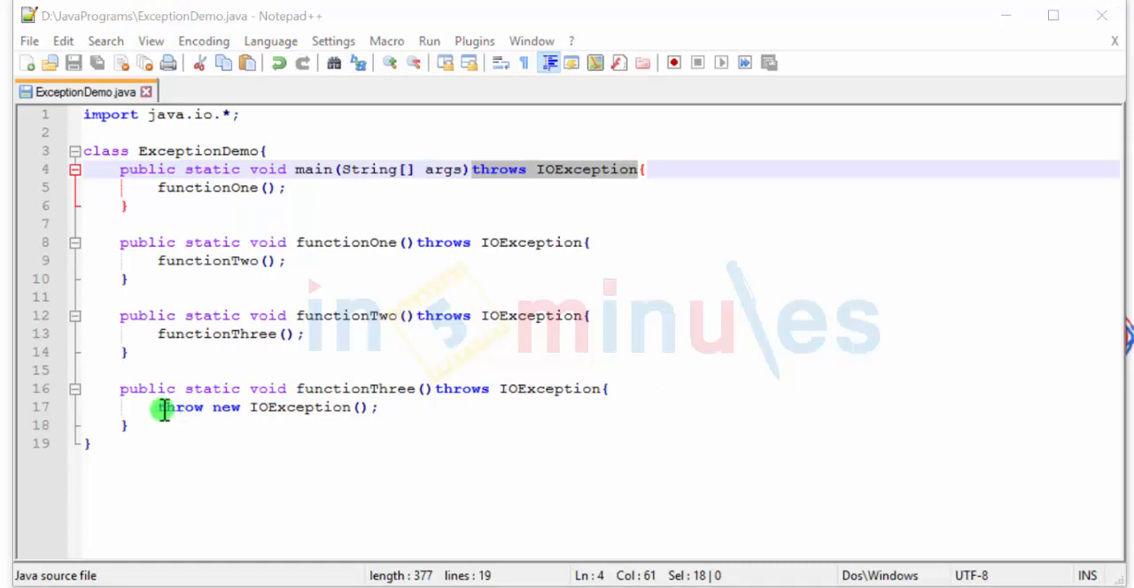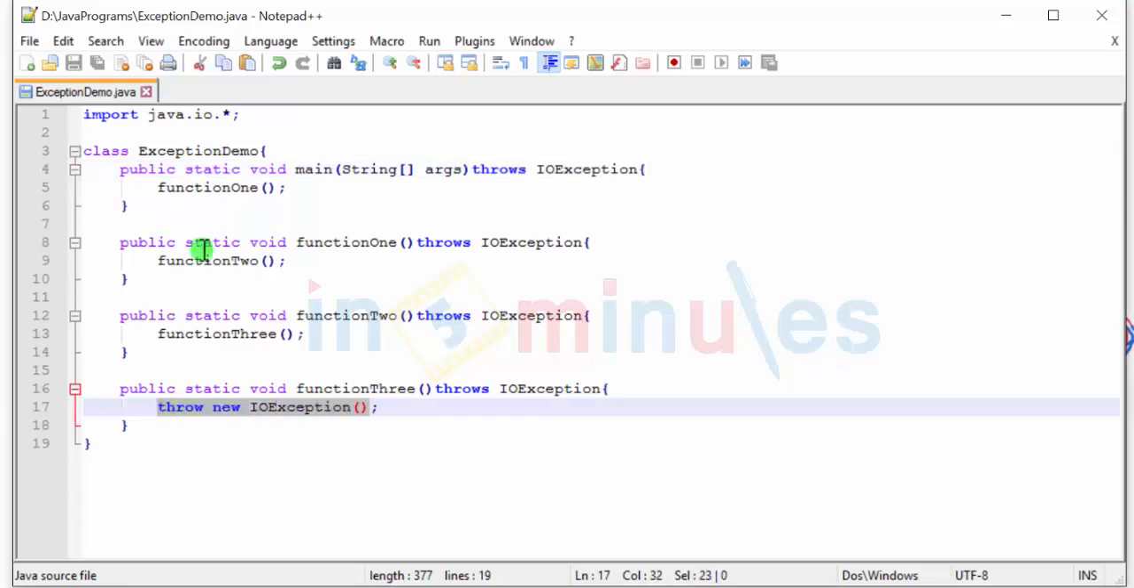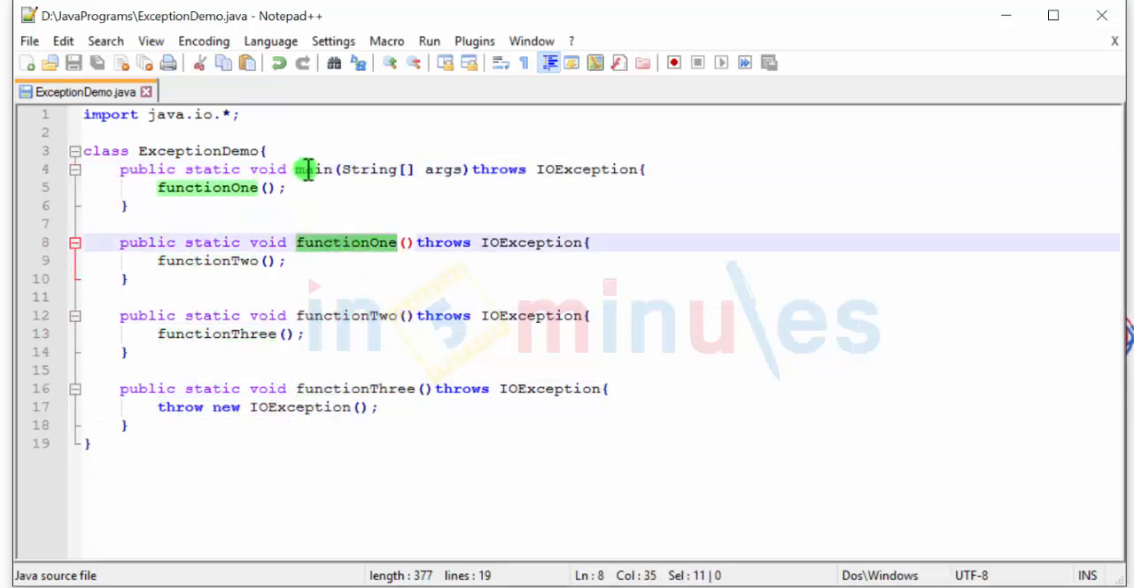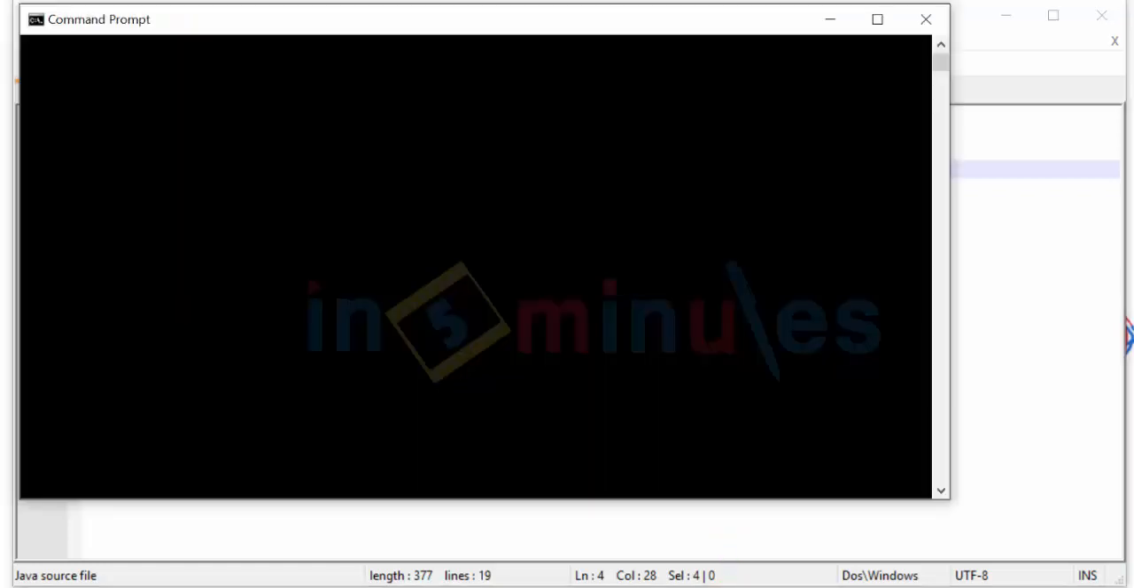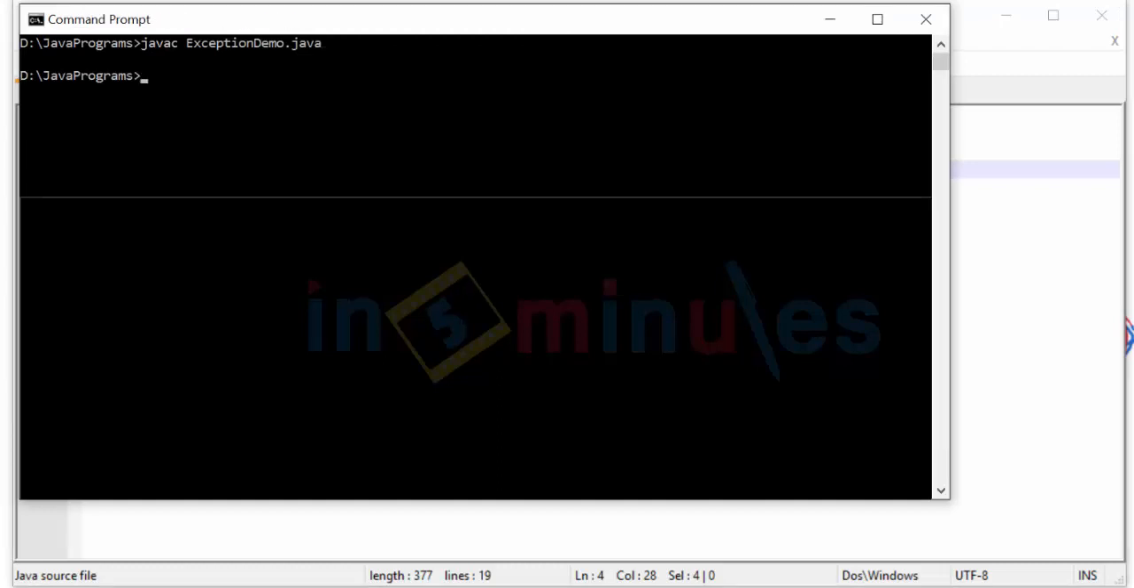You have successfully propagated your exception from function 3 to function 2 to function 1 to your main function, and after your main function realizes that, oh my god, I haven't handled the exception, it will return this object to the JVM, and the JVM will print the same onto your CMD. Let's have a look. We simply try and run this program. So we have javac ExceptionDemo.java, and we will also run it. So java ExceptionDemo,